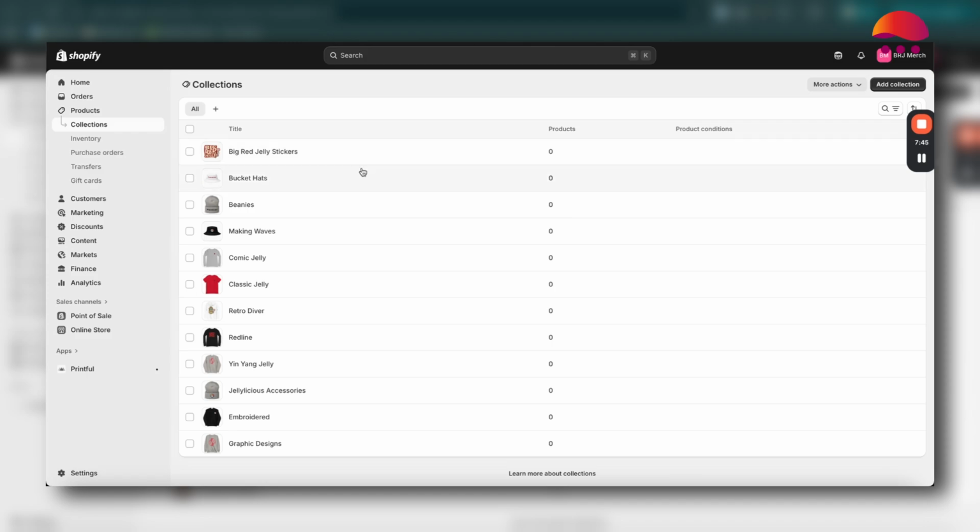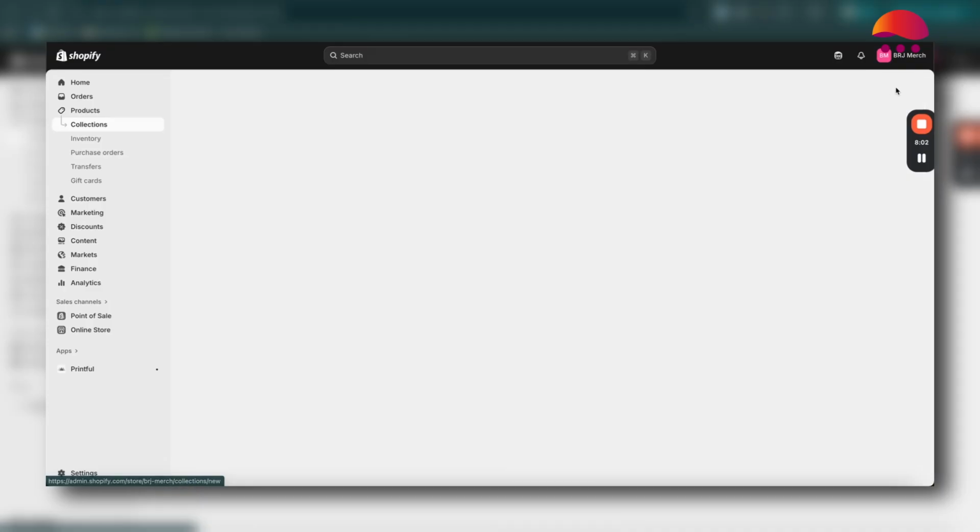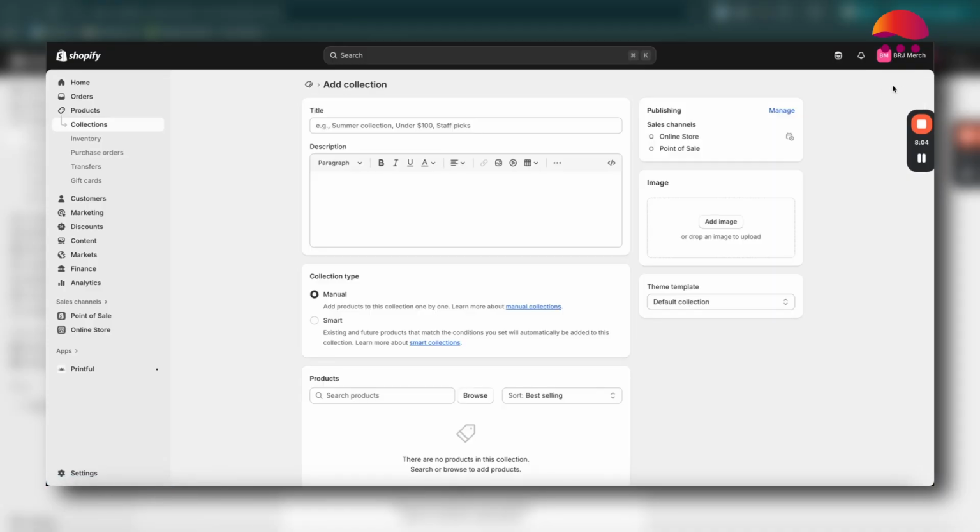So here you'll notice a few existing collections we have are stickers, hats, beanies. It looks like we have some accessories as well. You'll notice here we don't actually have any products within the collections, but this is what an existing collection would look like. Now, to create a collection, you would do the same as you would a product, hit add collection,